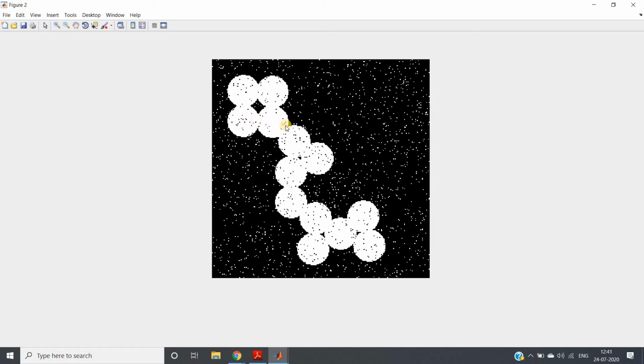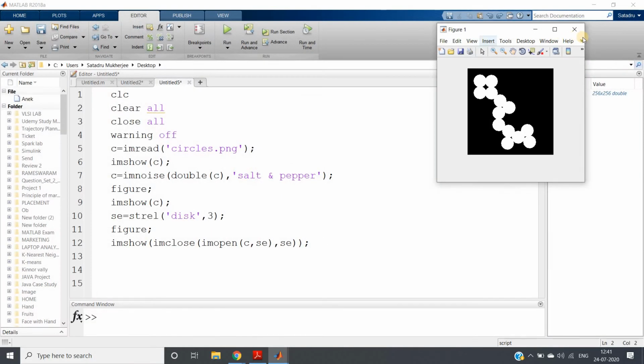The actual binary object will not be affected that much, but we need to remove these black pixels also. So we will apply closing on the result of the opened image. So if we apply opening then closing, it is expected that both salt and pepper noise will be removed. So let us check.